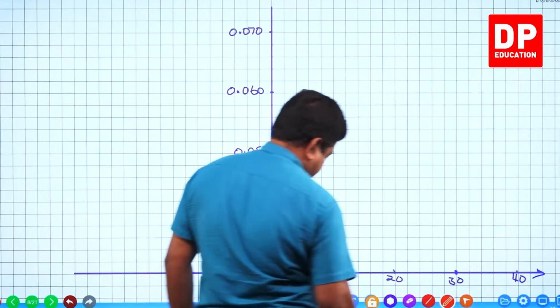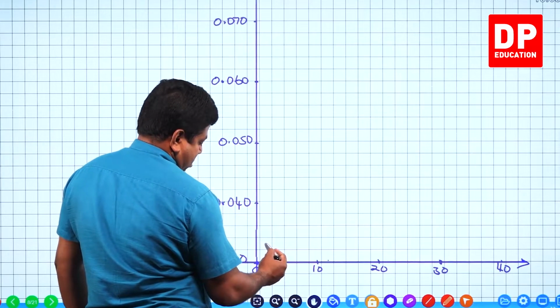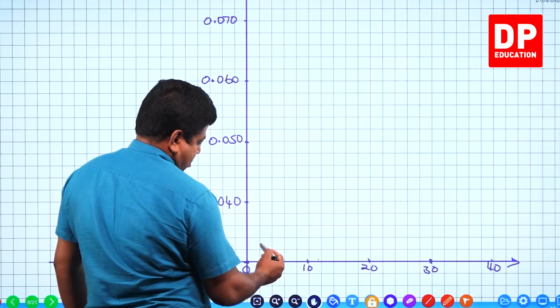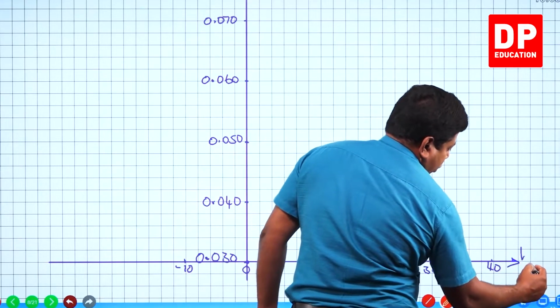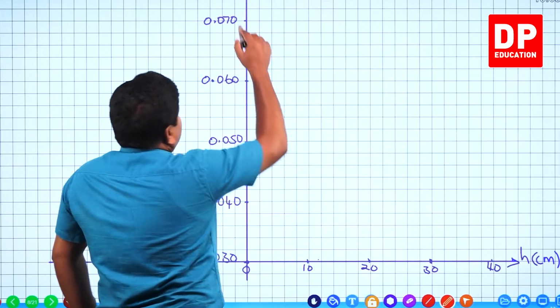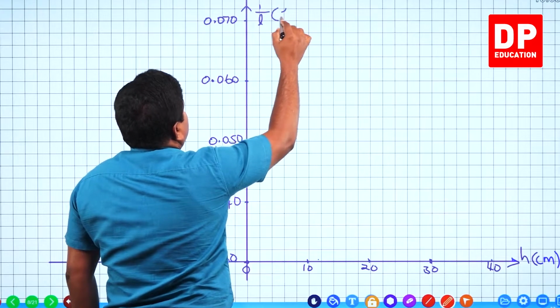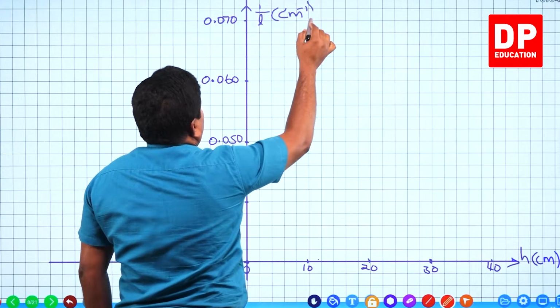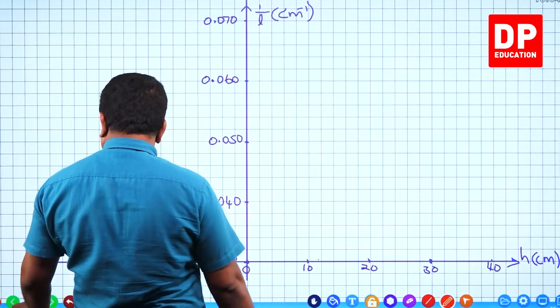This is going to be H in centimeters. And this will be 1 over L, centimeter minus 1. Mark the points one by one. First one,